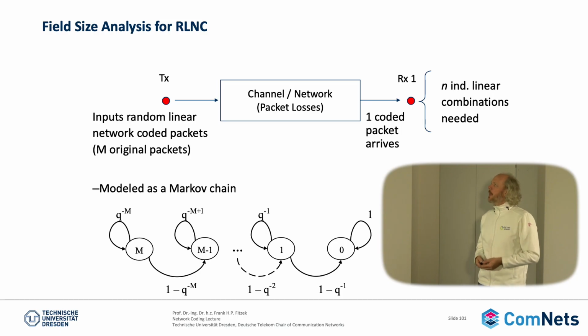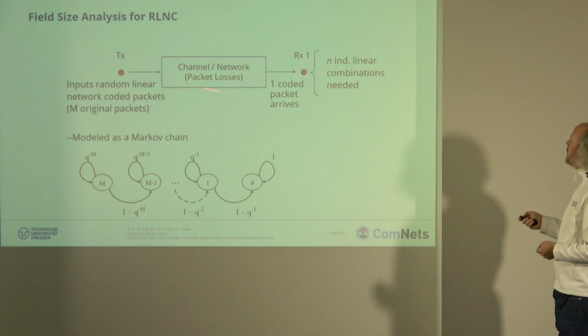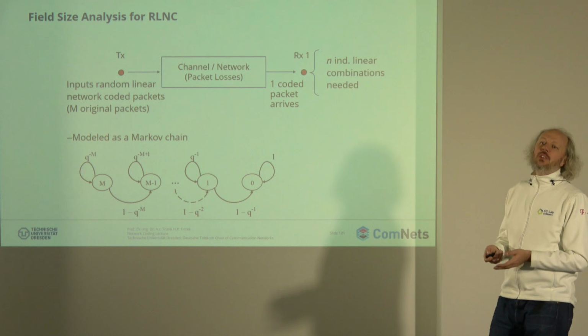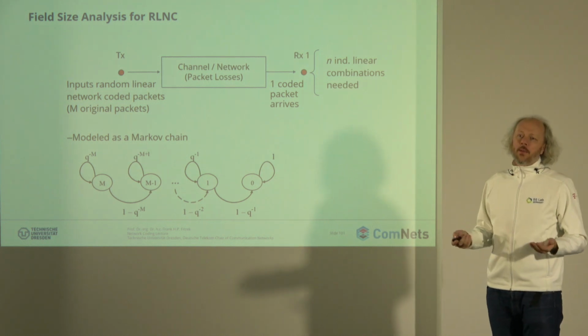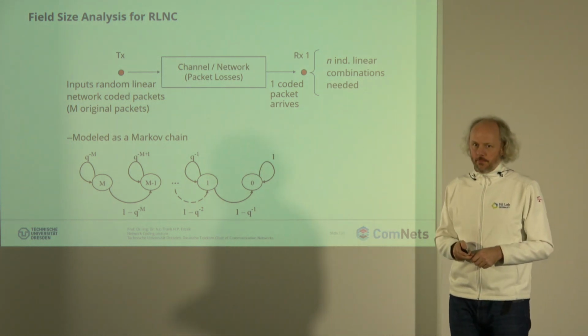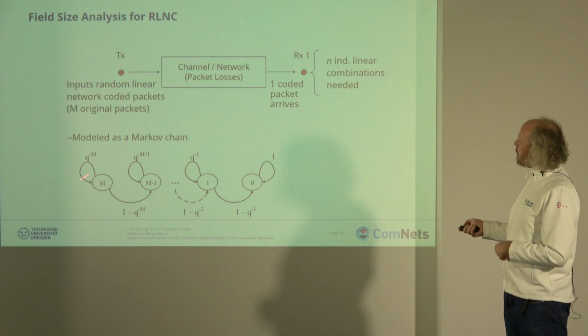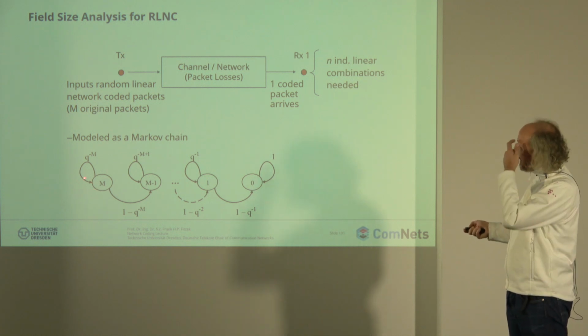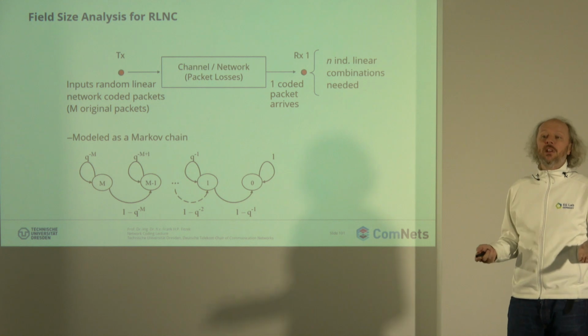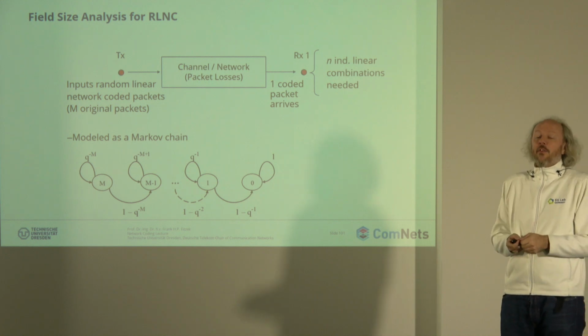We looked into that and said, okay, now let's have a model of that. We have a transmitter here and a receiver here. Here's a channel and a network with some packet losses. And we would like to say, when we send the first packet, here we have M, which is the number of packets that we still want to send, or in other words, encoding the degrees of freedom. So which ones will be linear dependent on the next one? And for the first one, it seems pretty easy, right? So if I send the first packet,